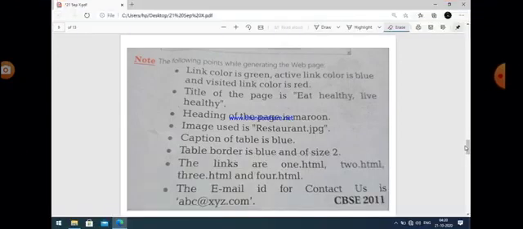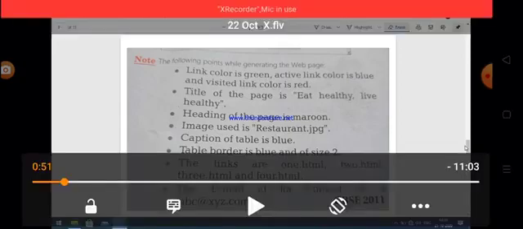We can easily see in the diagram that a table is given, and there is a particular border, and we know a fact that if we don't define the border attribute within the table tag, then the table will show without any border. And the size is also given, size is 2.